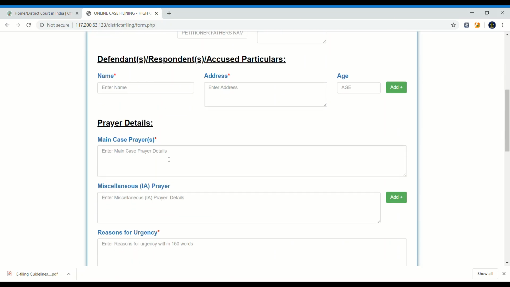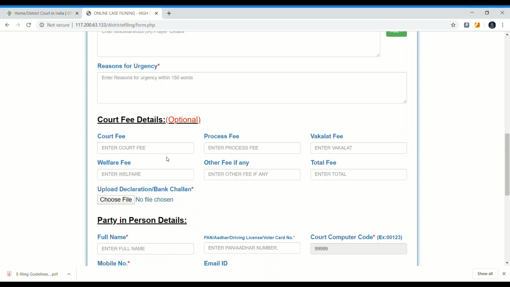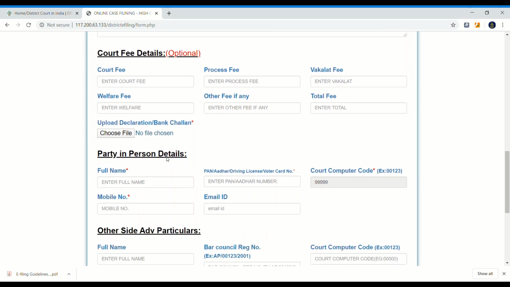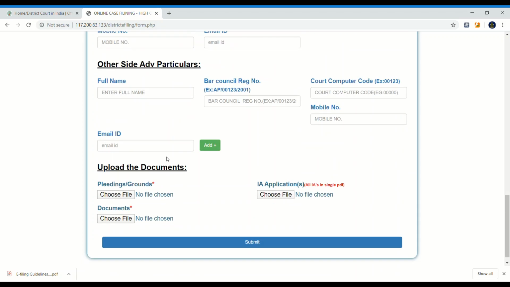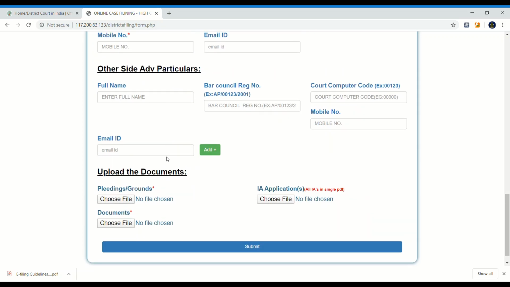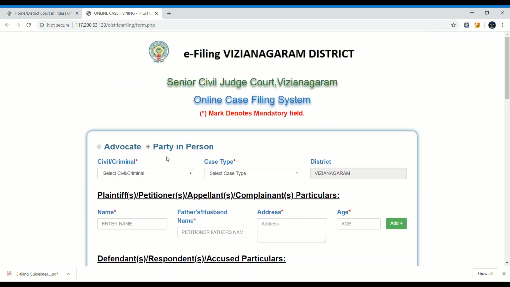The main difference between a case filed by an advocate and a case filed by a party in person is the advocate details. That is the main difference. The remaining fields are the same. So now we file a case by the advocate option.